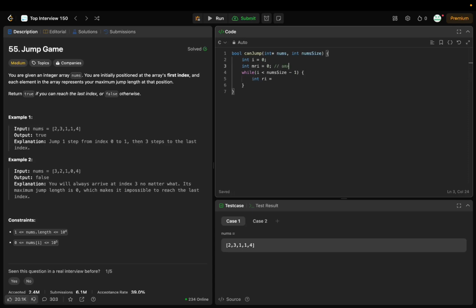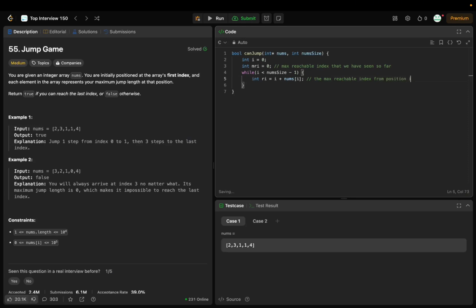So this will be the max reachable index that we have seen so far, and Ri will be equal to I plus nums of I, and this will be the max reachable index from position I,